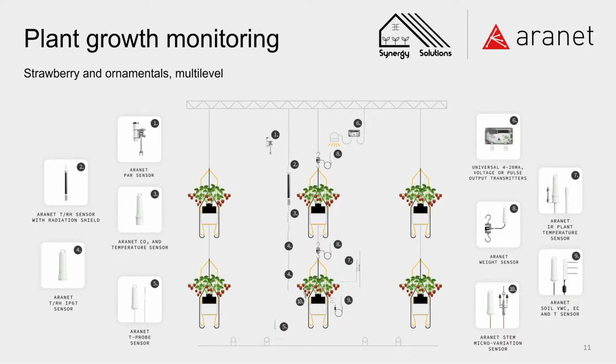One sensor that I didn't mention in high wire crops, but it's also here in ornamentals and strawberries. Like if you grow raspberry, it's good to measure stem micro variations. That will also be an indicating factor when you have a lack or shortage of water. The stem micro variation sensor is measuring stem diameter, 5 millimeters divided over